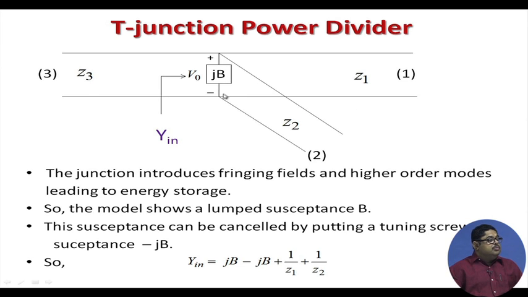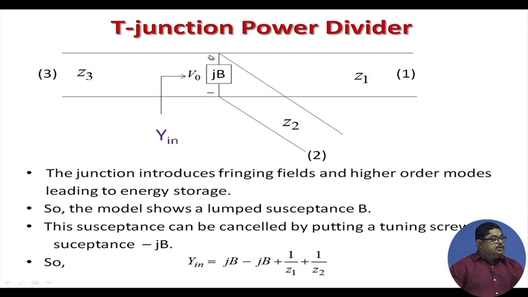Now, obviously due to the junction there will be, as I explained earlier, a susceptance, we are calling it jB, but we can also put a matching screw so that this can be cancelled. That means we can easily make here a minus jB, by another transmission line. That is why we are saying this susceptance can be cancelled by putting a tuning screw of susceptance minus jB. So, let us see what is the